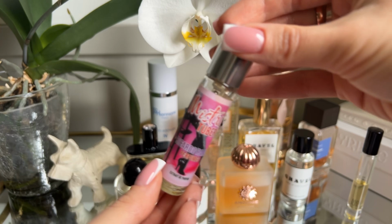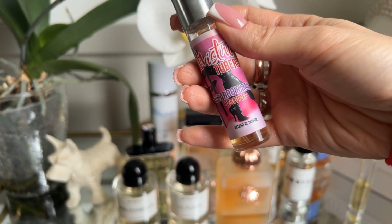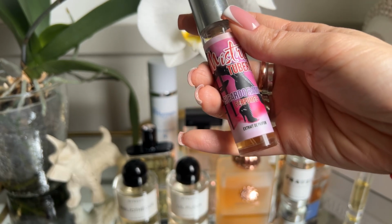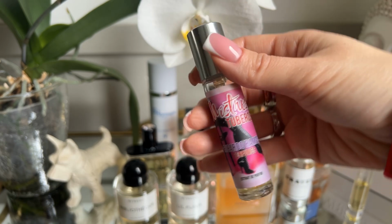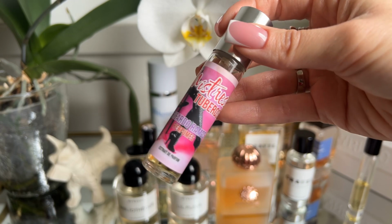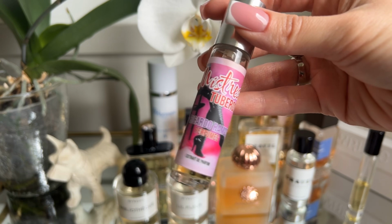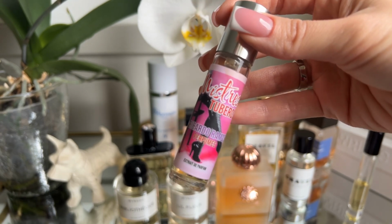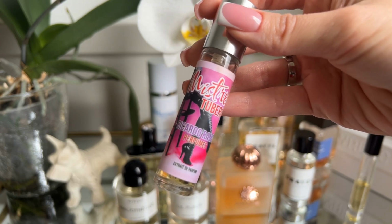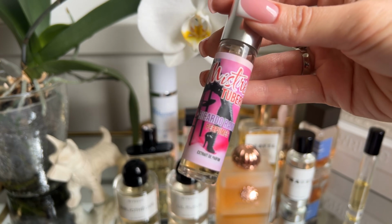So this fragrance has a lot of notes. I don't know why it doesn't want to be friends with me. So this is a leather with tuberose and green stems. And at first I was thinking, where did the greenness come from? And I think the greenness comes from the linden blossom, neroli, and lily of the valley, because the scent opens up floral, green, and very fresh. It gives me this wet greenness